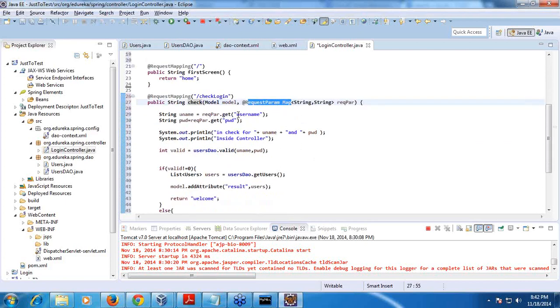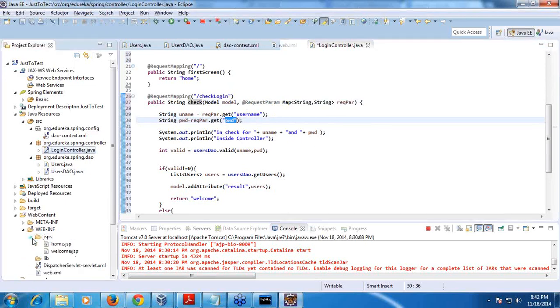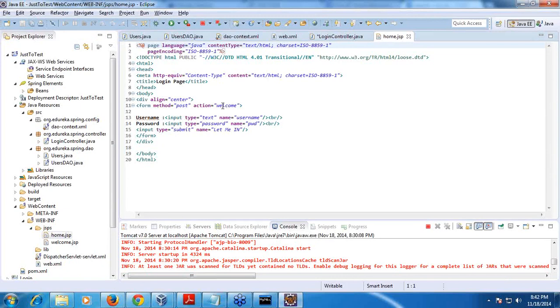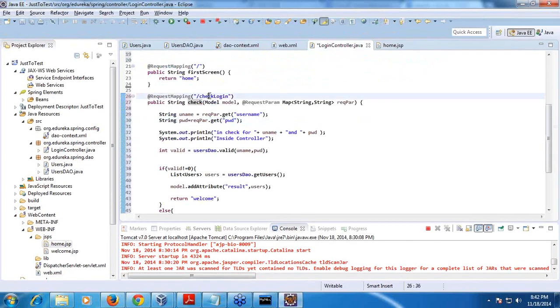To request param, I am getting this username and password. I am writing this logic for the login page, that is the home page. Now I will change this action to verify, that is this check login.